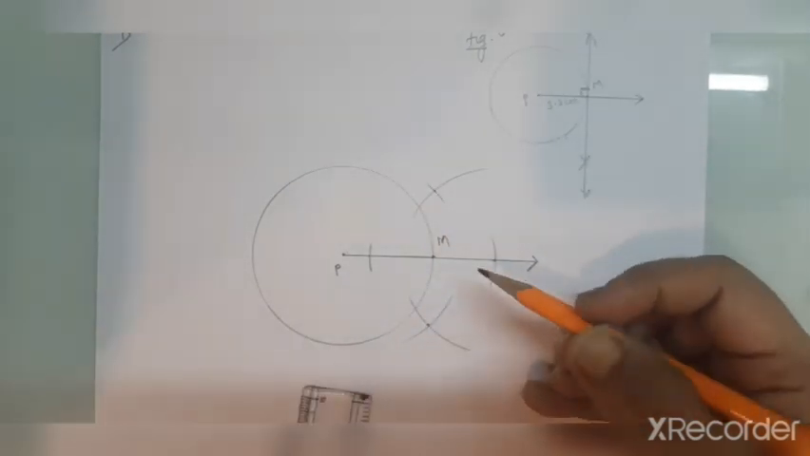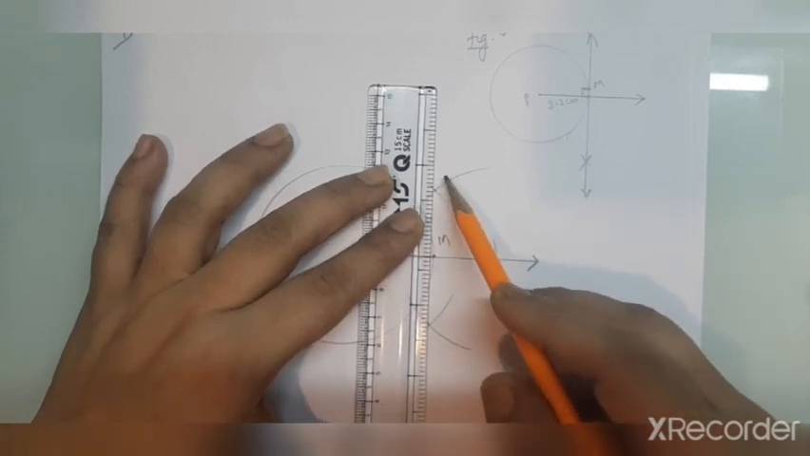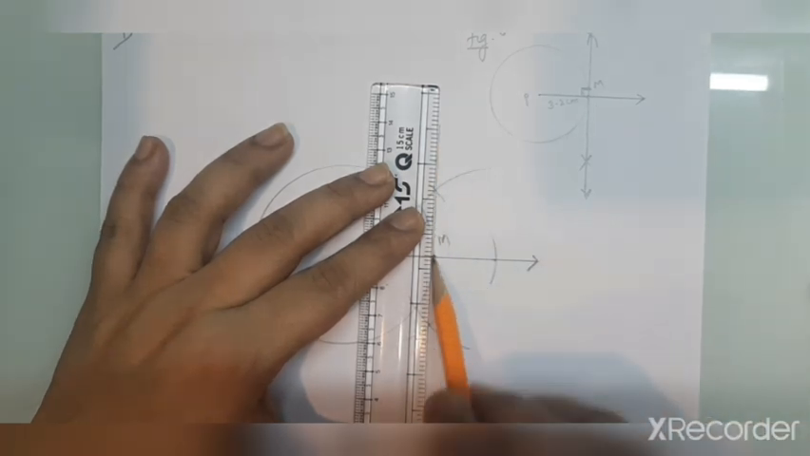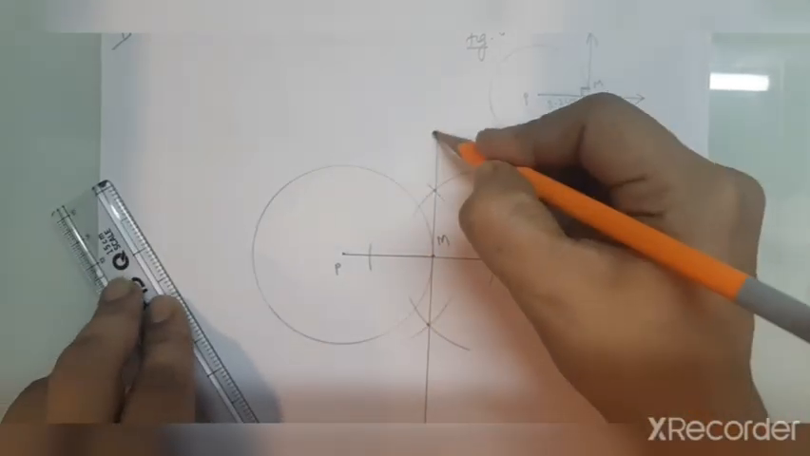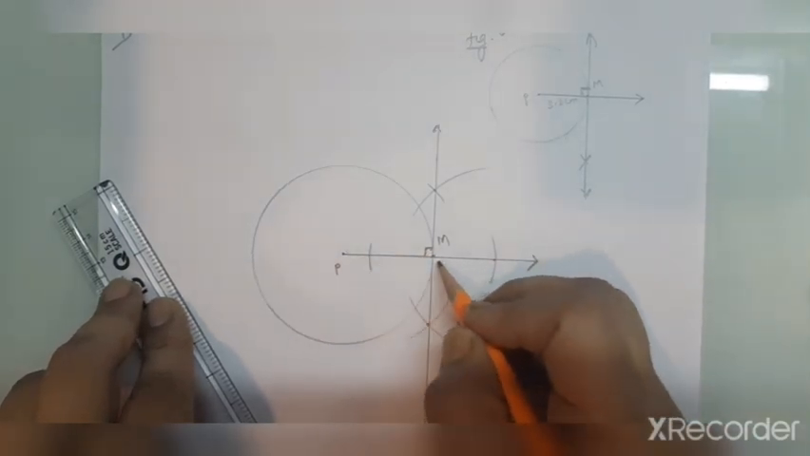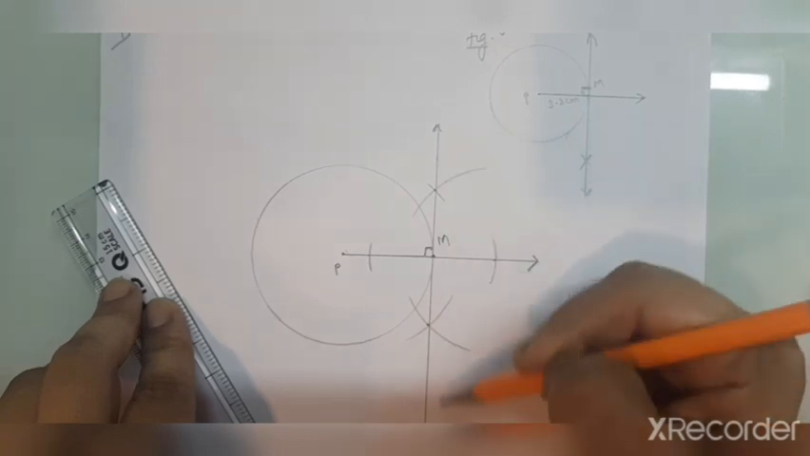Now we have got arcs: the intersection of the arcs at the top and the intersection at the bottom. We just have to join them with a line and it will pass through that point M. We make sure it passes through it. Yes. So we have drawn a perpendicular, and since it passes through this point at the end of the radius,